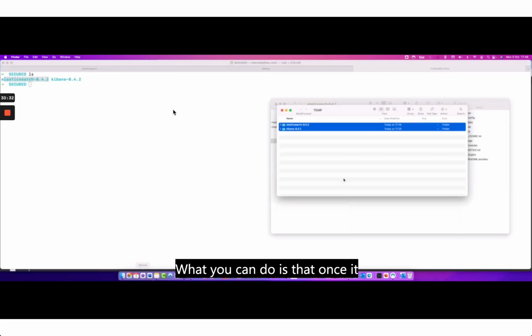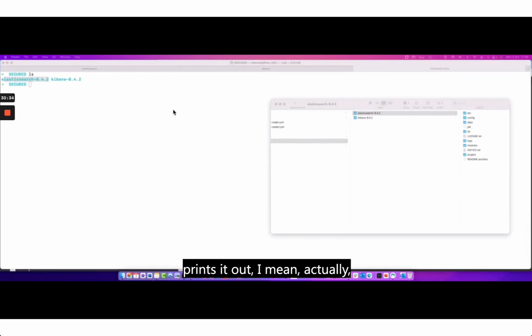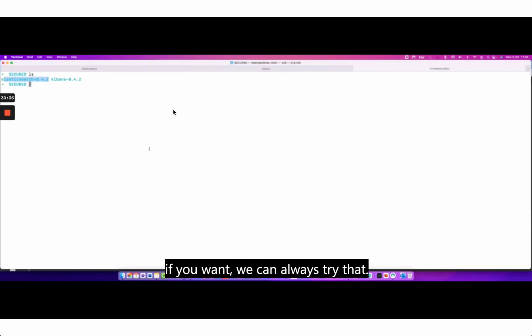Once it prints out, actually, if you want, we can always try that, but I don't have time to. Let's not do that. What happens is that you follow those instructions. Go to Kibana, start up Kibana, and once you start up Kibana, it's actually going to say, okay, now you have given me this one. Can you give me the mechanism of how to help